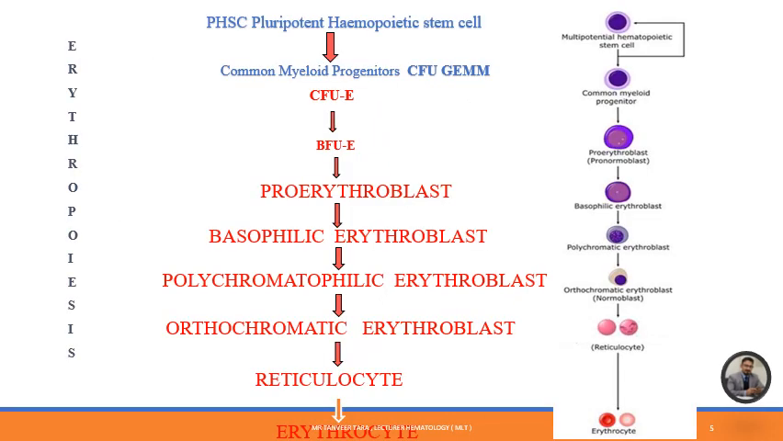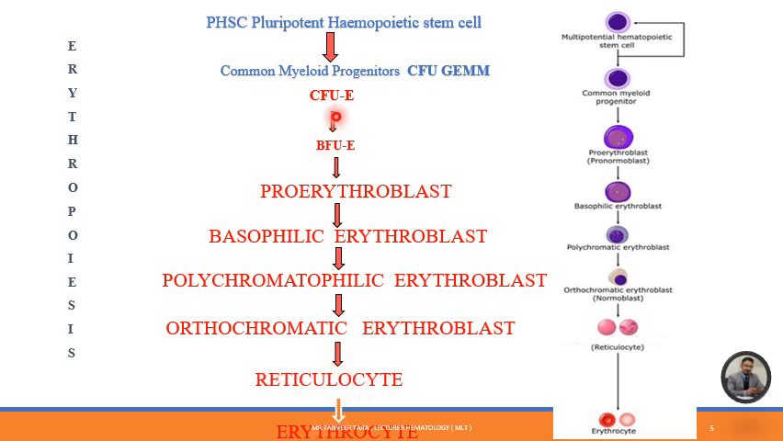Now we have the idea of how erythropoiesis comes into being: first the pluripotent hematopoietic stem cell, then it goes toward common myeloid progenitor cells, then the colony forming unit of the erythrocyte series, and the burst forming unit, also of the erythrocyte series, because from here onward we have a committed stem cell, and that commitment is with the erythrocyte. Now it will further go into proerythroblast, then basophilic erythroblast, polychromatophilic erythroblast, orthochromatophilic erythroblast, and finally reticulocyte and